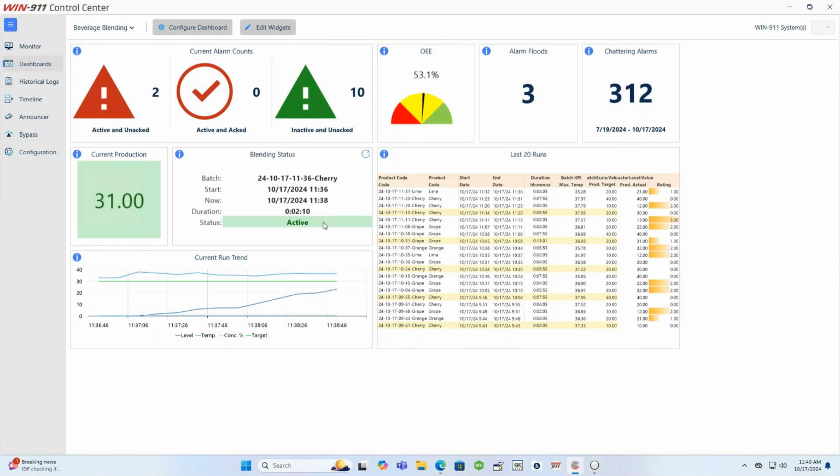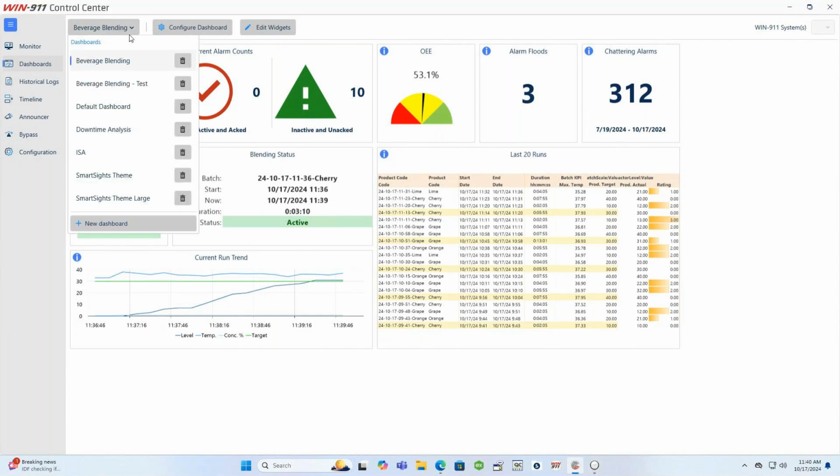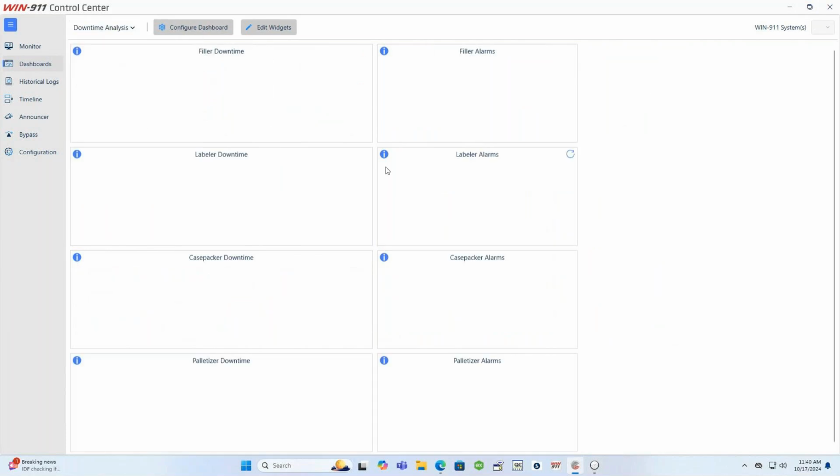So we get both really detailed as well as a high-level summary of the process KPI. And we can also look at things from more of a production scheduling type of perspective. So if I go to this downtime analysis dashboard, we can see the widgets on here are a bit more